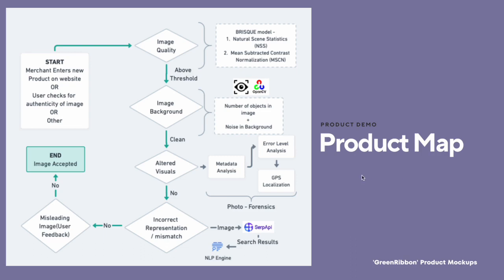If all these checks are met and the image is not altered, then we move on to incorrect representation, or mismatch. This is perhaps the most powerful tool. What this does is it takes the image and runs it through the World Wide Web. It checks for the kinds of results it gets back from the web. For example, if it is a cricket ball, then the cricket ball image will go onto the World Wide Web, and if what we get back is a cricket ball itself as the text, then the